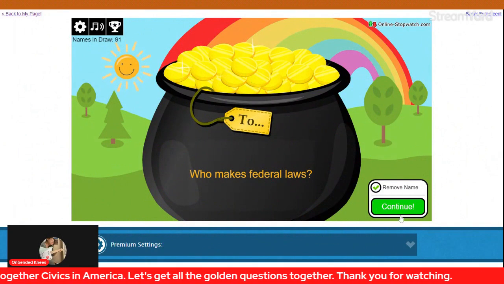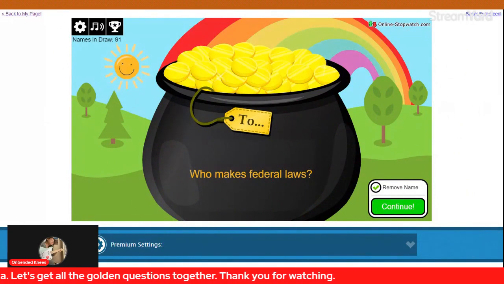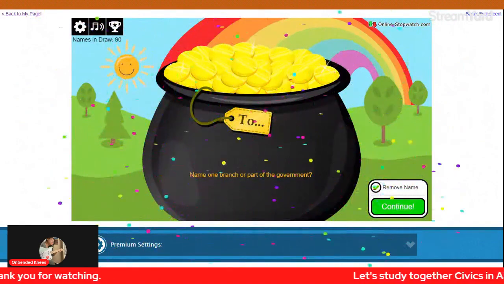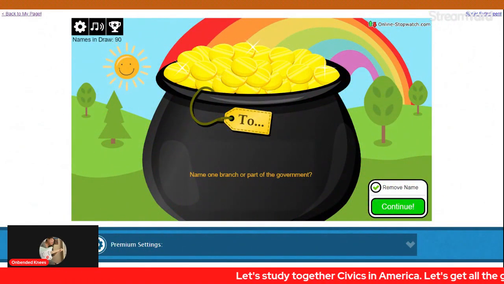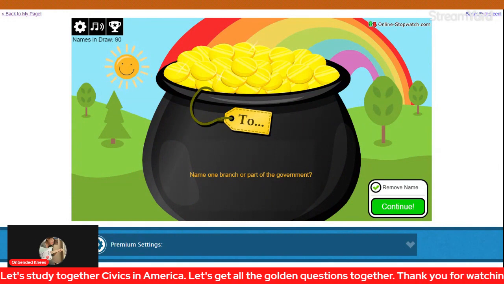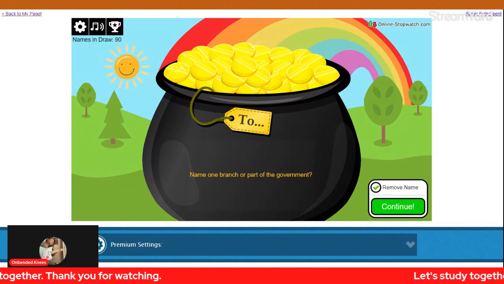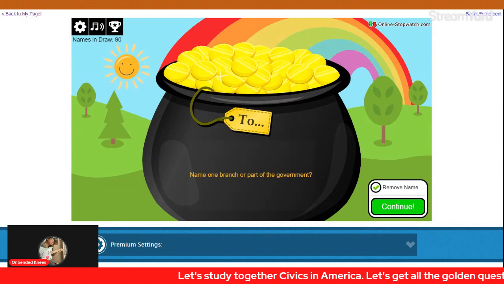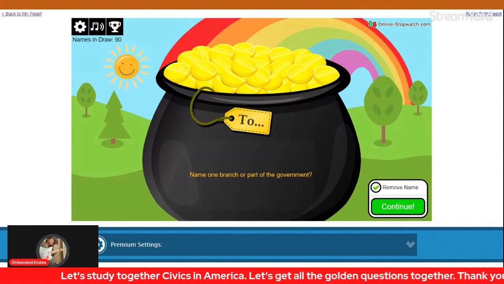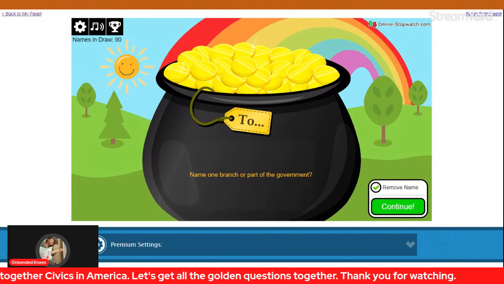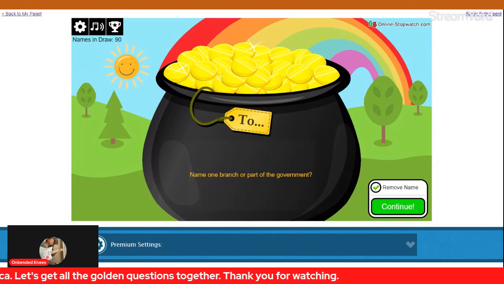Congress. Congress makes the federal laws. Ayan na mga guys. Part of the government. So how we have the Congress, executive, legislative, part of the government. I think the courts, part of the government. Congress, legislative, president, executive, the courts, judicial. So judicial. Ayan. Next,